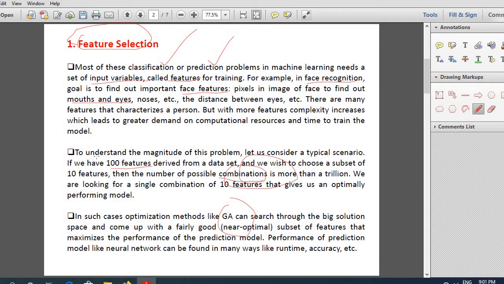It doesn't test every combination of 10 features. It is a fast or shortcut method. Such shortcut methods are very important in situations which would otherwise take too long to be solved. So this is one important application of genetic algorithm, to choose the best set of features given a very big set of features.